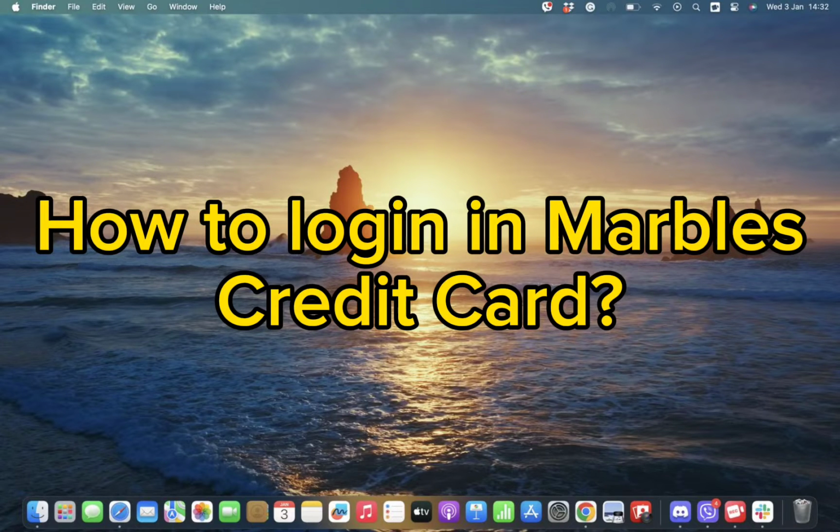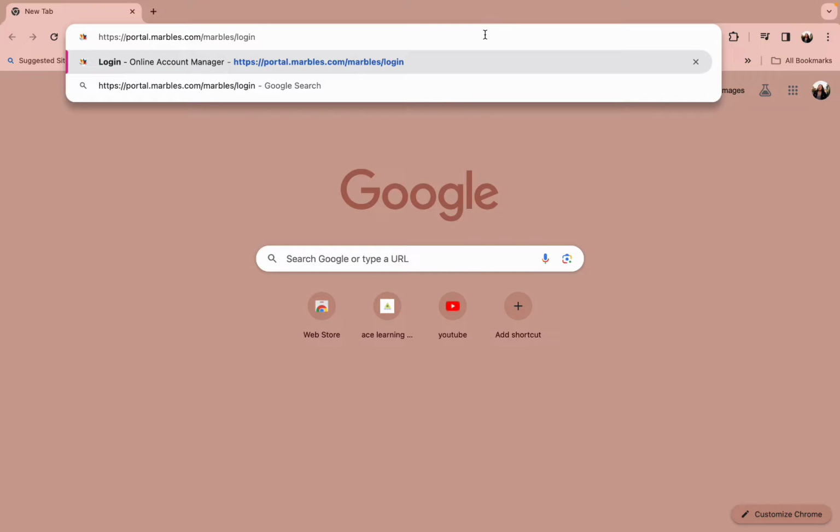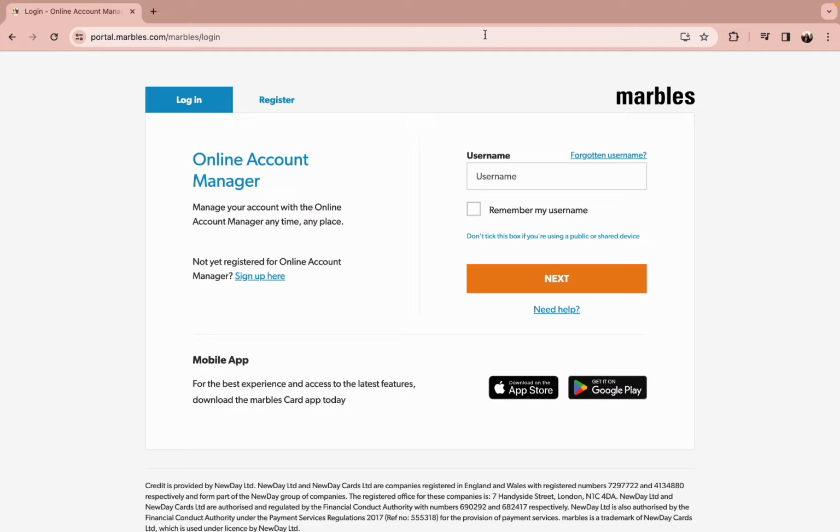So first and foremost, all you need to do is simply open a web browser of your preference and type in the URL www.portal.marbles.com/marbles/login. So this will lead you to the login page of the Portal Marbles credit card, and here all you